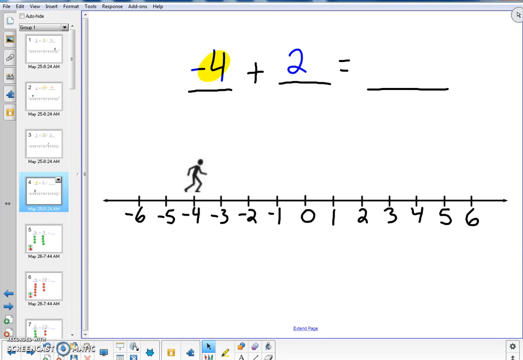Now, this is an addition problem, so he's facing in the positive direction. We know he's facing to the right out here, not behind him over here. So this is an addition problem. Now, since this 2 is positive, we are going to go 2 spots in the direction in which he is facing. It's always about which direction he's facing. 1, 2. So a negative 4 plus a positive 2 has an answer of negative 2. We've done 4 examples now